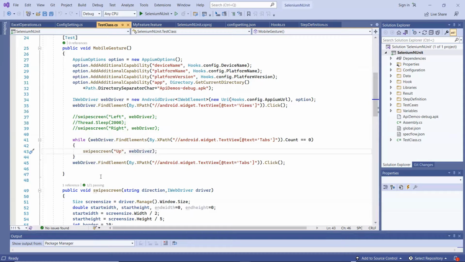So here we have this method called swipe screen, which has two input parameters. One is for swipe direction, and the other one is the WebDriver object. And I have called this method over here, where I have passed the swipe direction as up, and then the WebDriver object.